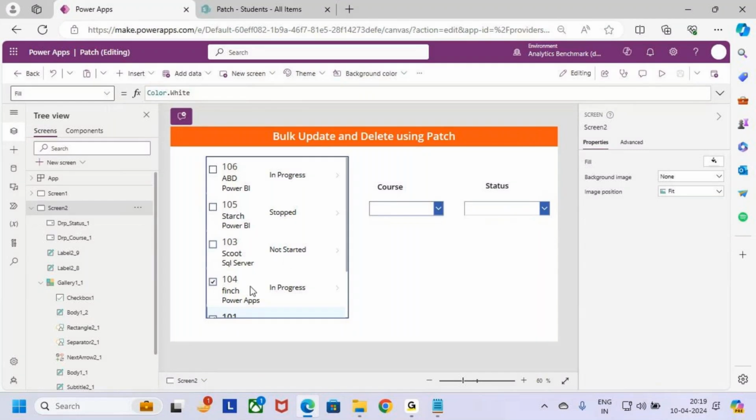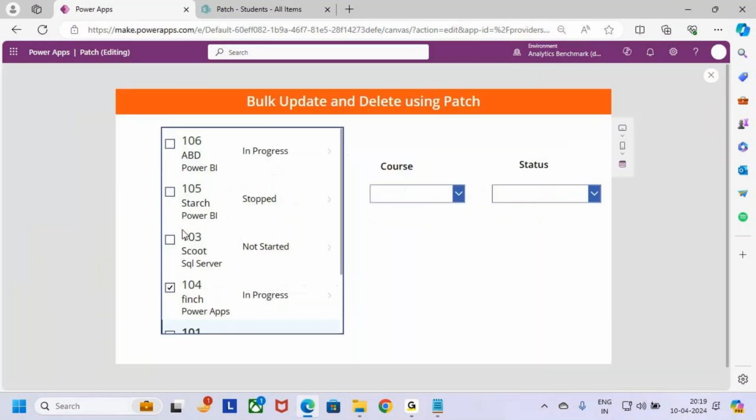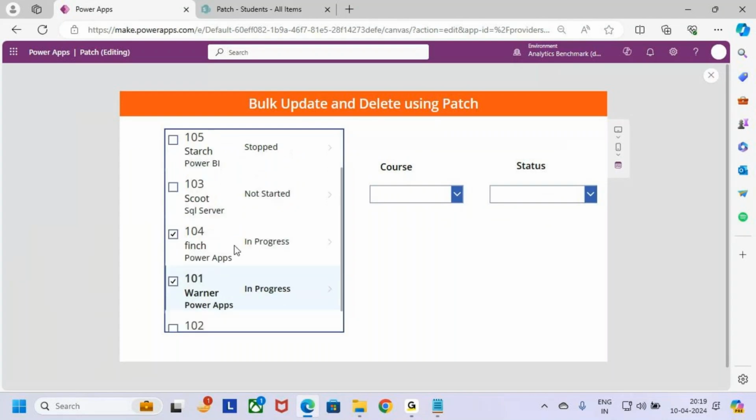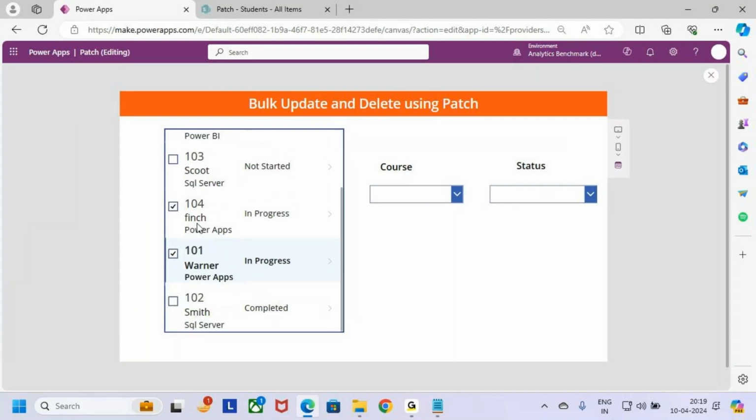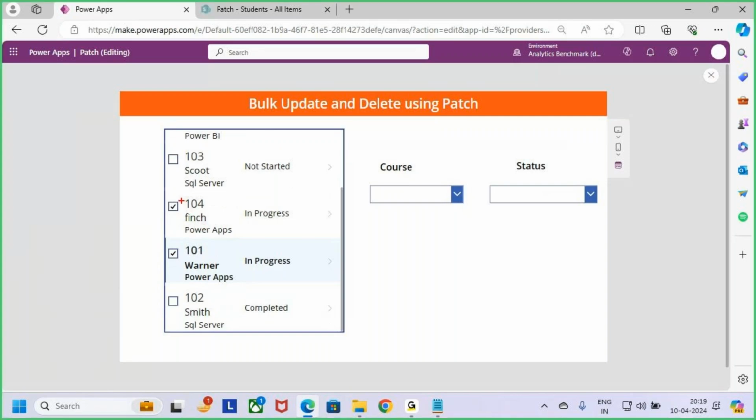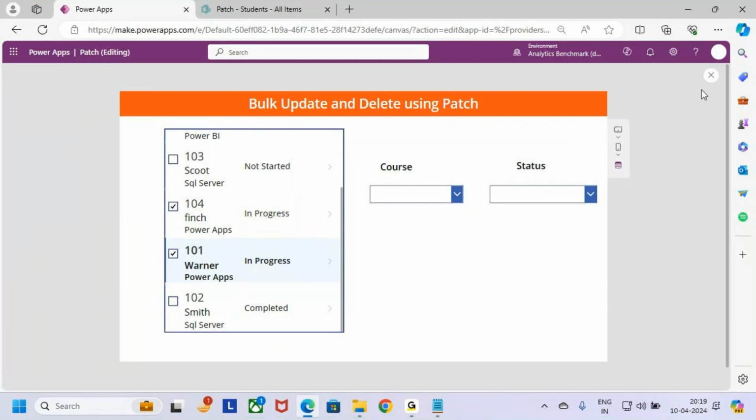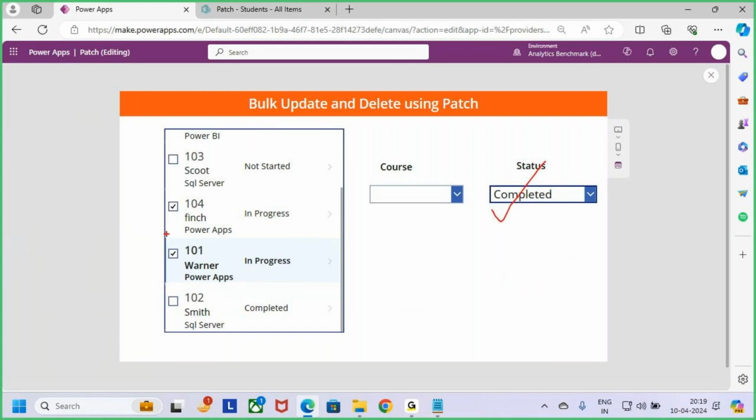Now try to understand what my requirement here is. I just said that there are two students who are taking Power Apps as a course. So I want to modify the status. I want to update the status of these two students, those taking Power Apps, to completed. So let me select the status to completed. Now once after selecting the status, for the items I'm selecting in the gallery, when I click on update,